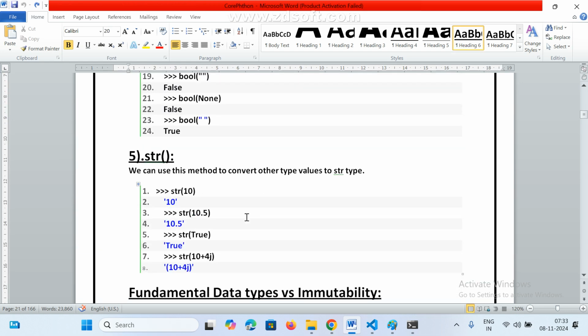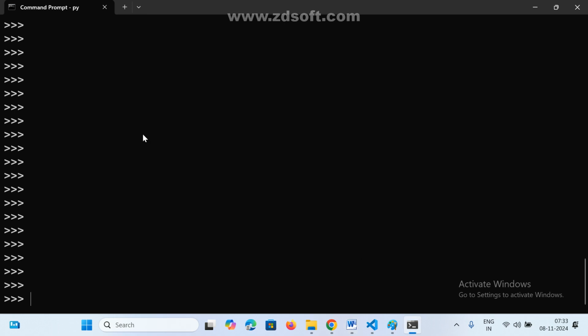This is the string. Now see here. Now, we cannot, now already one point, right? A string cannot be converted to